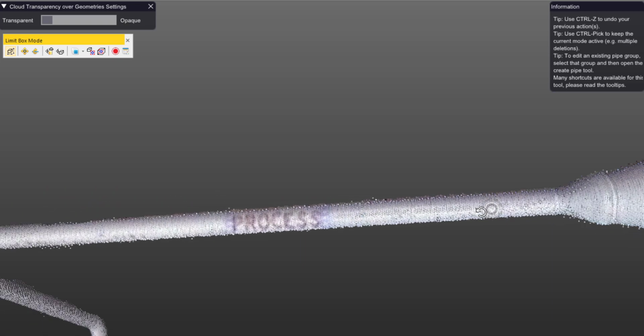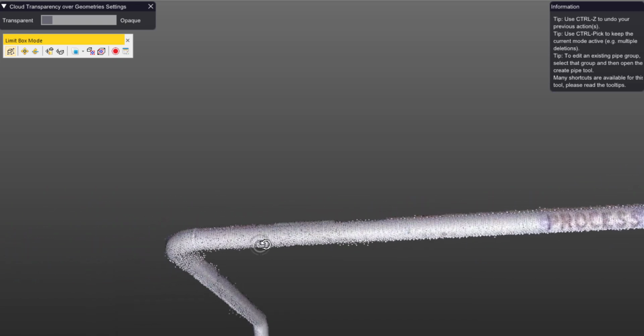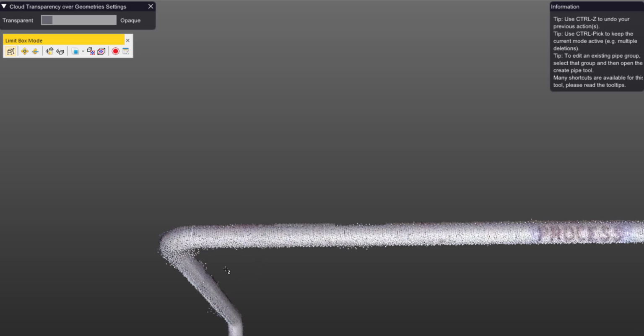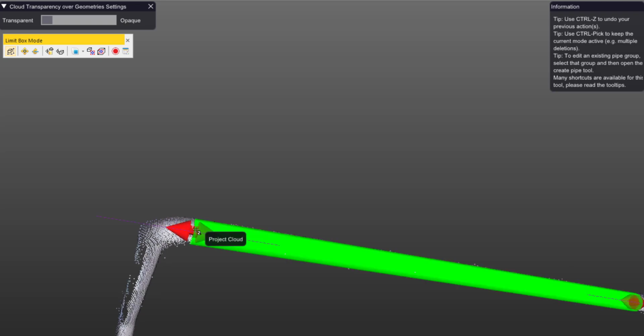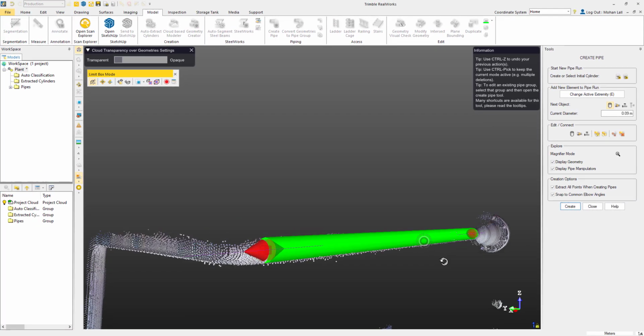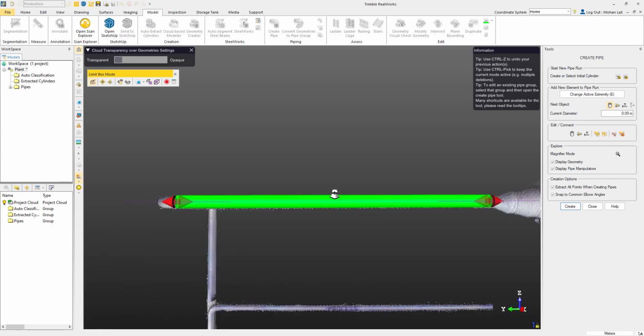Once the indicator switches to a 2, click on the section of the pipe where you want the end of the cylinder to be drawn. I'm going to choose a point right before the elbow to finish this first straight run. Once I click, just like that, the pipe is automatically drawn and fitted to the cloud. You'll notice some grab handles on each side. This is a feature in RealWorks 12.1 and up. The grab handles allow you to adjust the length of the pipe segment on either endpoint.